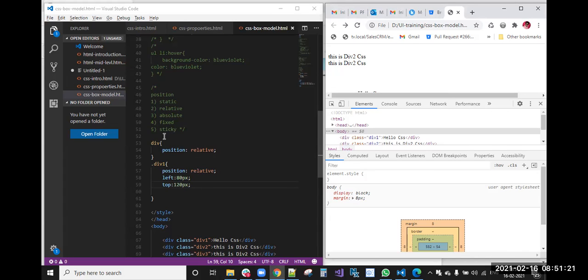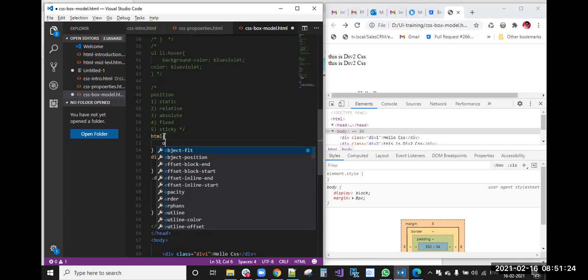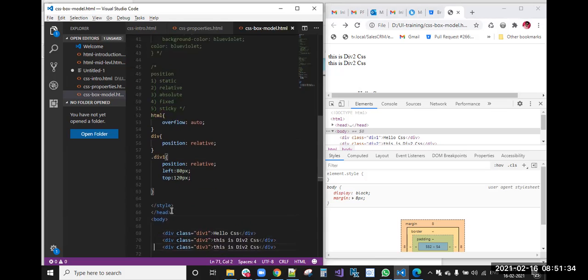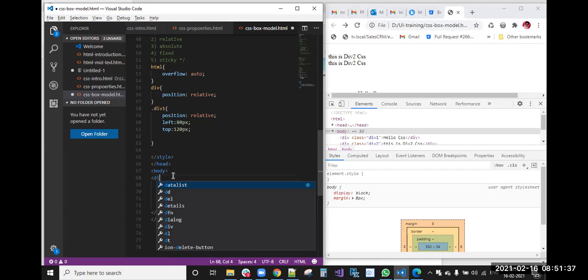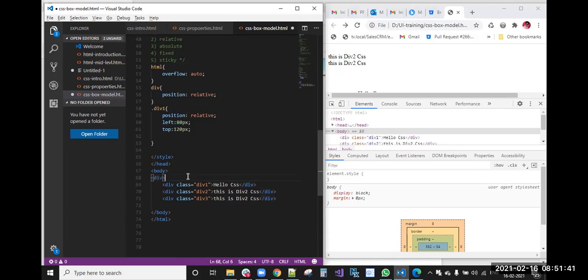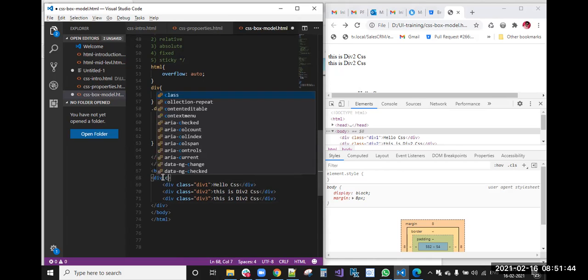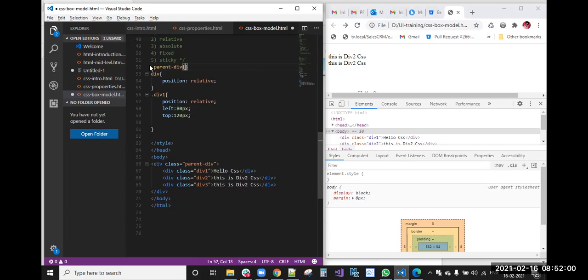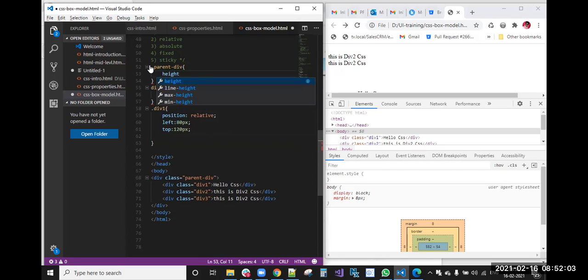And we'll give the overflow auto. I'm taking a parent div, a div with class parent. It's a little tricky, but you can understand it easily. I want a scroll now, so for the parent div height, I am taking some 800 pixels because I want a scroll.